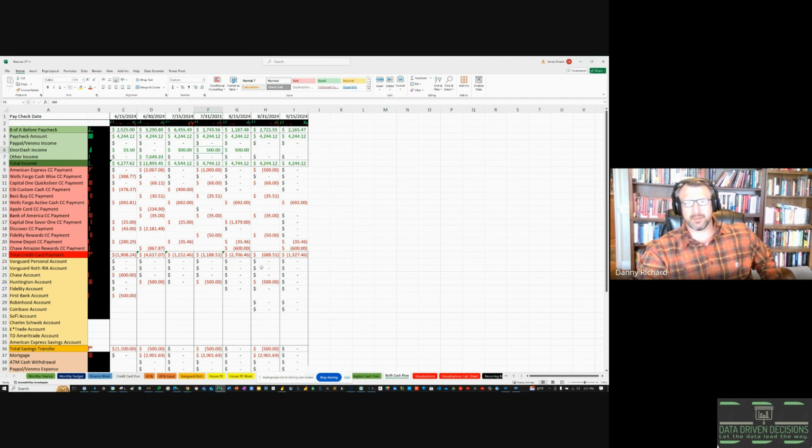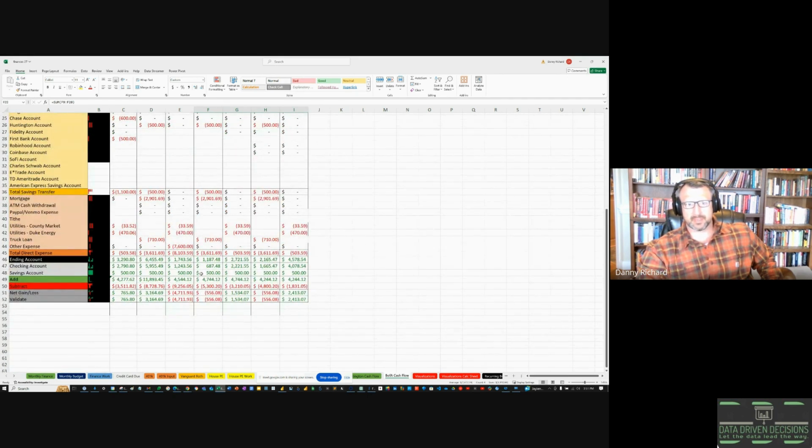Grow cash by a new credit card. Because I'm going to be putting everything on that credit card. I'm not going to be spending more. I'm just going to be moving the money from one credit card to another. I'm not going to pay off that credit card for a while. And so my credit card payments are going to be very low. And that means I'm going to be able to grow my checking account because I'm not going to have as many expenses. So, you can see in these future months, these credit card payments are low. And that's how I'm going to stay afloat